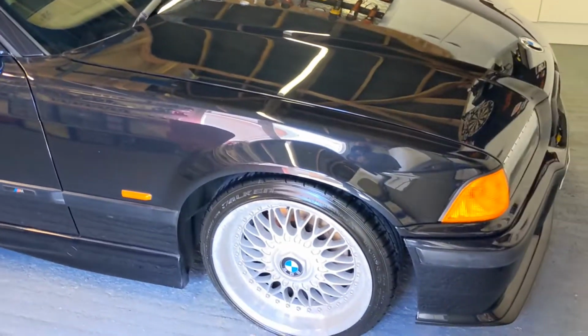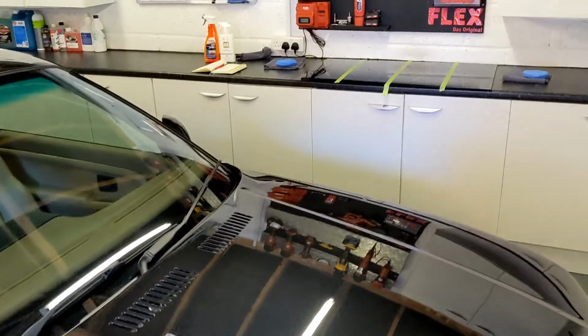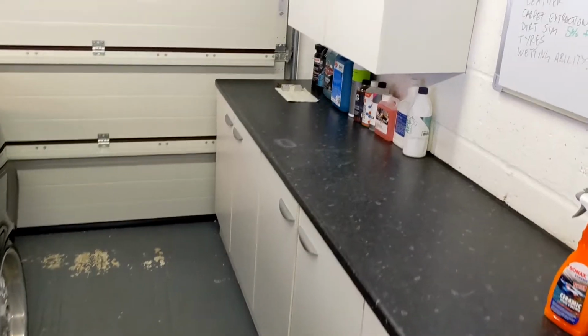I've got OK discs and pads, I think, for the time being. And I'll get it serviced as well. And she's in good shape. I haven't run this for a while, so it's kind of clean. Well, it's got a bit of dust on it. It's been sitting in the garage for a while, but it's all looking good. So, car